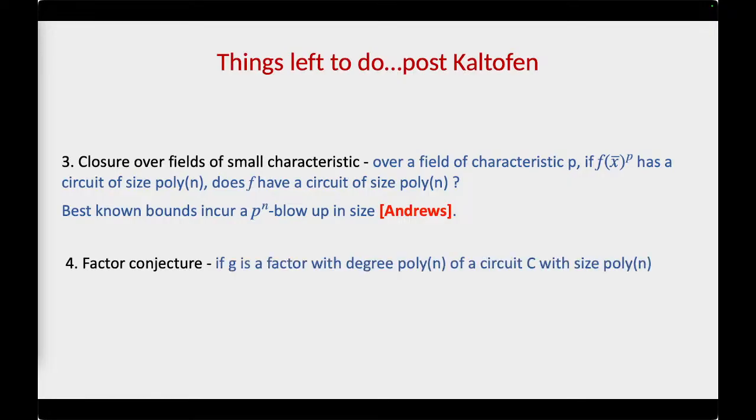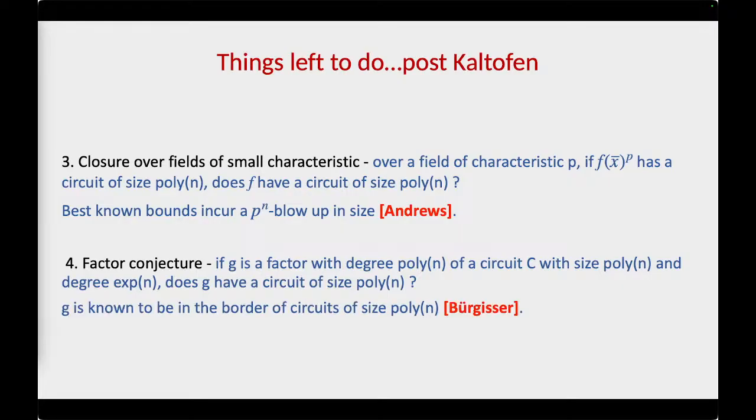And so here the setup is that suppose G is a polynomial of degree poly n, and it's a factor of a circuit of size poly n, but the degree of the polynomial computed by the circuit is exponentially large in n. And we would like to understand if G has a circuit of size poly n. Kaltofen's result as it is only tells us an exponential bound on the circuit complexity of G. We would like to know if that bound can be improved to